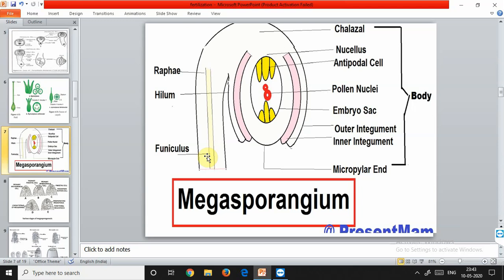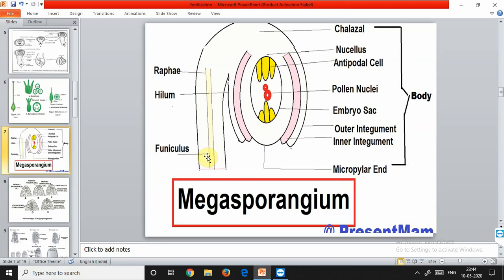Now the placenta is a cushion-like structure to which the ovules are attached. Inside the cavity of the ovary, the placentation is of different types. There are different types of placentation. The marginal placentation: in marginal, the ovary is simple, unilocular, and the ovules are arranged along the margin of the unilocular ovary. Then there is the axial placentation, free central placentation. Free central means the gynoecium is polycarpellary and it is syncarpous. Then parietal placentation, the ovary is usually one chamber, but in some cases it becomes bilocular due to the formation of the false septum. In the case of capsella, we have seen that.